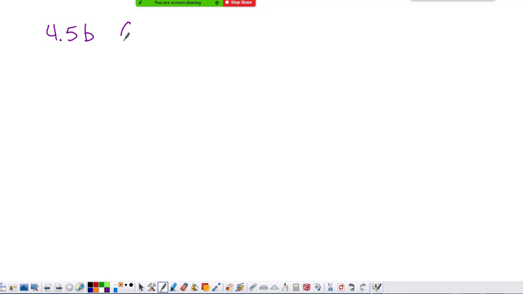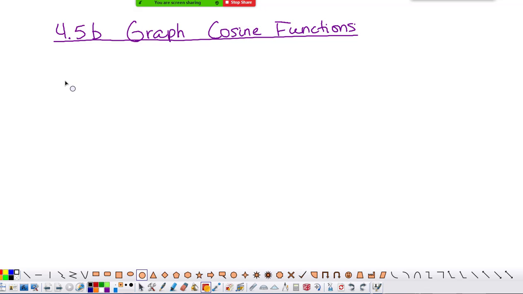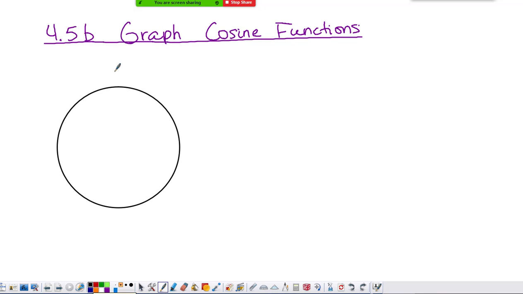4.5b, and we're going to graph cosine functions. So if we look at our little circle, and then we got our x and our y axes perfectly drawn. I think my calibration is still off a little